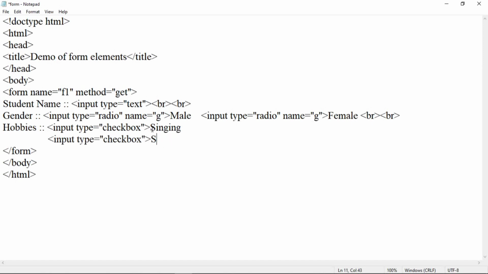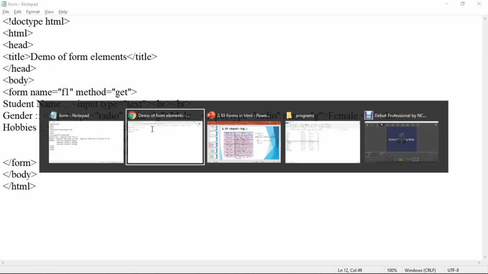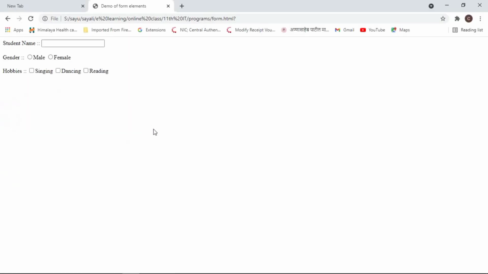Add here another hobby, suppose dancing. Let us add one more hobby, reading, etc. Save this program, Alt Tab and now refresh the page. So in this way, using checkbox, you can select multiple values.